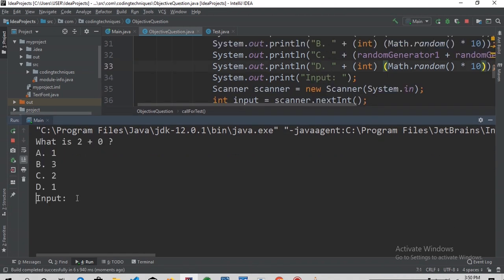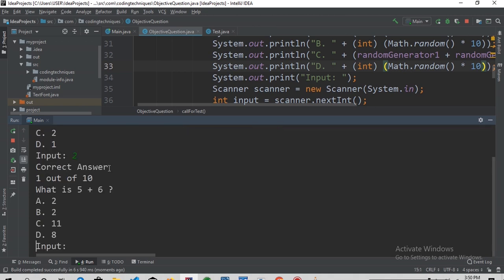Now here is what we have. Okay, now since we know 2 is the correct answer, let's put 2 and see what we have. You see we have correct answer, and I have scored 1 out of 10, and it goes to the next